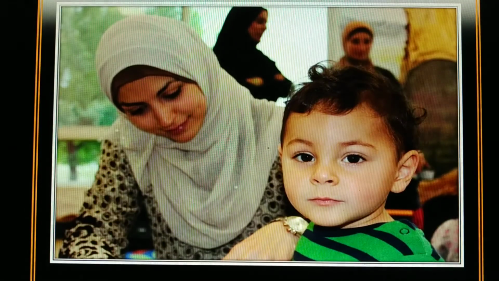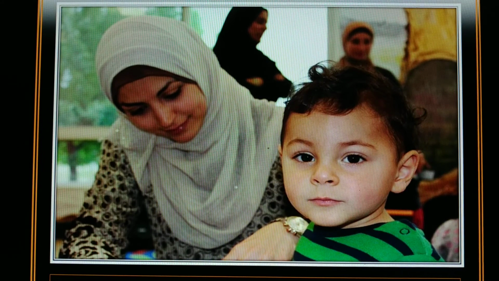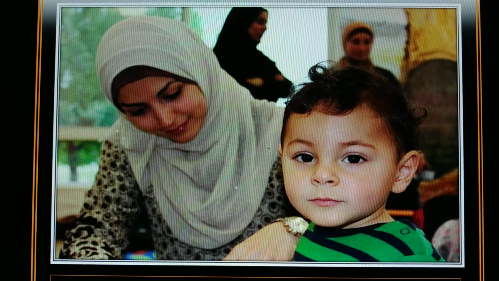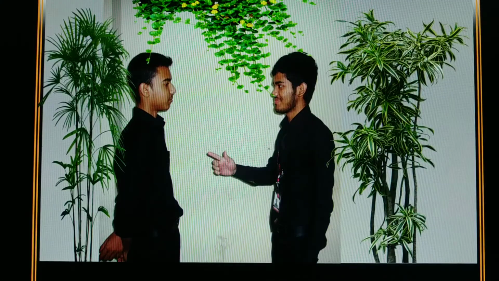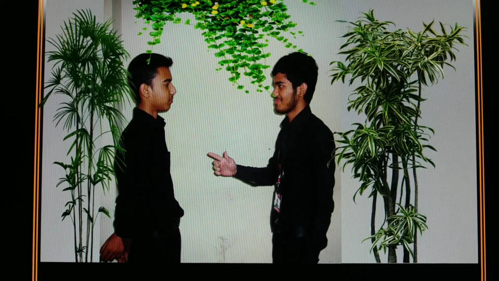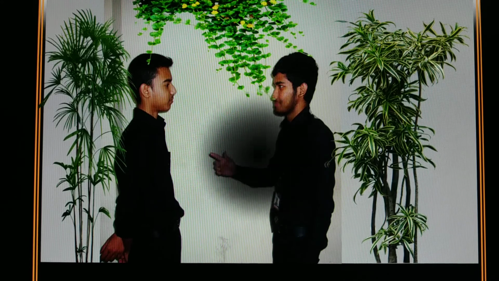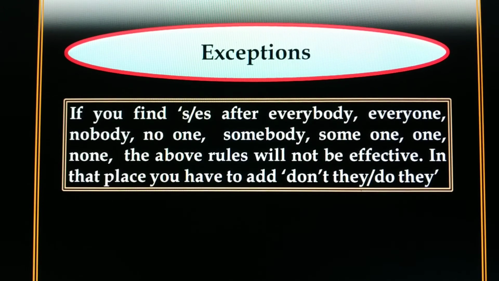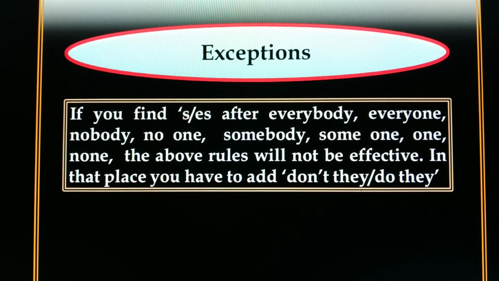Now let's see another example. Every mother loves her child, don't they? Why have you used don't and they as the subject? Let's try to know the rules. Another example: nobody believes a liar, do they? Here you see some difference from the previous rules. Let's try to know the exceptions. If you find everybody, everything, nobody, no one, somebody, someone,